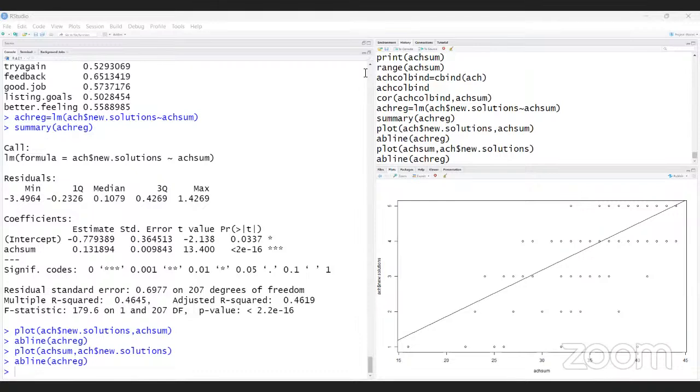And next, we plot the data. And after that, we make the regression line. This is clear now.